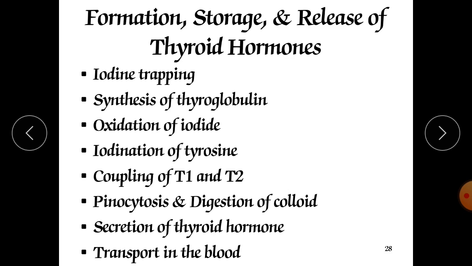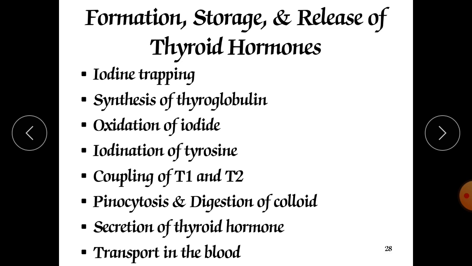but that amount of iodine is necessary to produce thyroid hormone in our body, because the thyroid stimulating hormone is released from the pituitary gland, but it is the role of the thyroid gland to produce T3 and T4, and without iodine it is impossible to produce thyroid hormones. So mind it well, the thyroid gland by itself is not able to produce T3 and T4. Iodine is required. There are various stages in how T3 and T4 are produced, which we will see one by one.